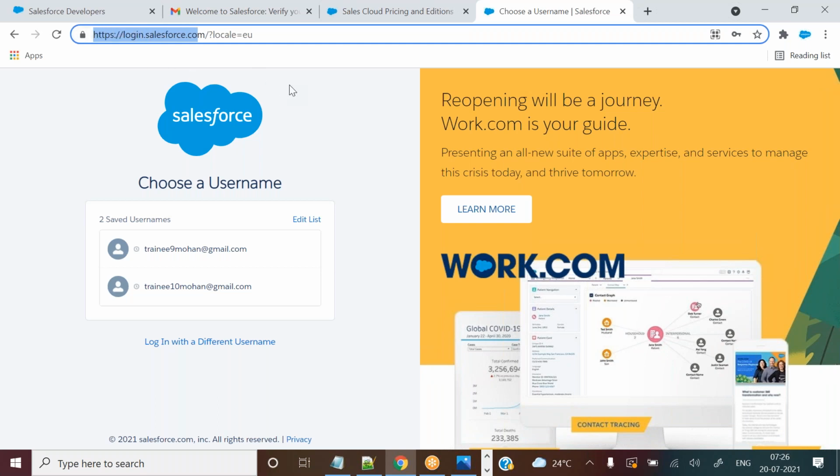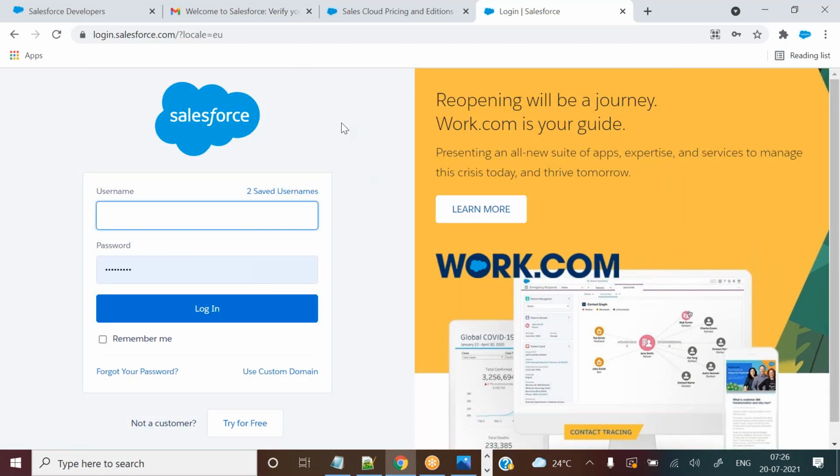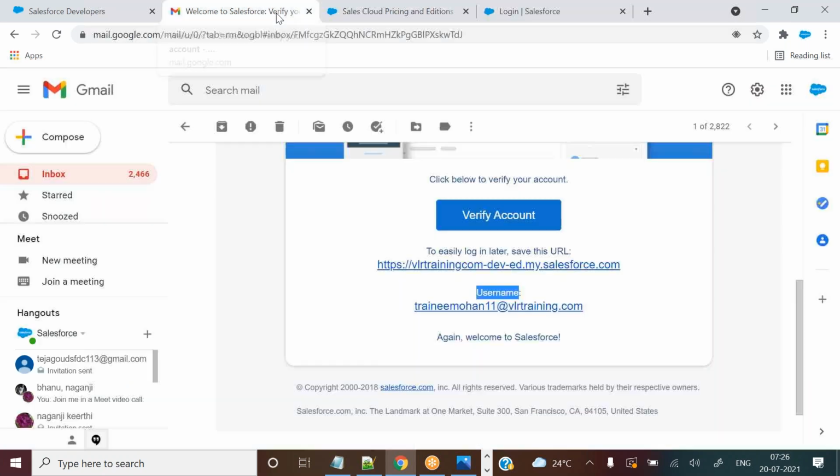This is the URL you are going to use to log into paid orgs, and log in with a different username. These are not my usernames, these are previous batch usernames, and the current username is this one. I should give only the username, the one I gave when creating the org.